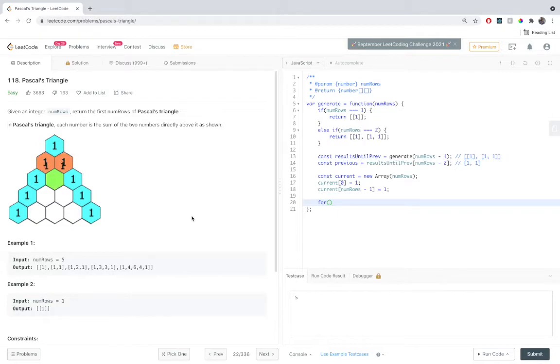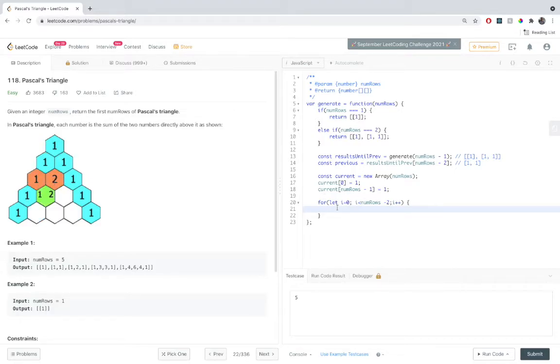So the pattern is consistent. If the number is n, we will have to compute n minus 2 values. Make sense? Okay, so let's add a loop that goes n minus 2 times. So this is a for loop that will go from i equal to 0 to i equal to n minus 3, so a total of n minus 2 times this loop will run.